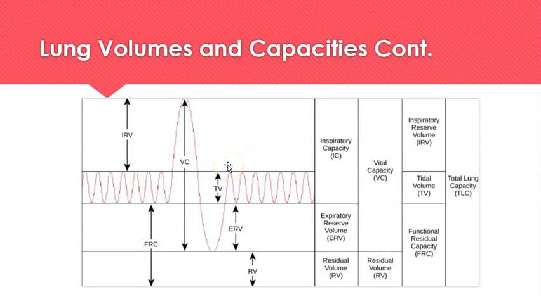So this is approximately 75% of total lung volume. Again, the IRV, as you can see here, I'm going to go back to it, is the maximum volume of air that can be inspired after normal tidal volume inspiration. So this would be describing the maximal amount. If you took a deep breath in, that would be going up. And then if you took a deep breath out,